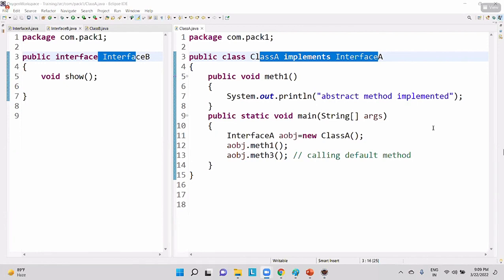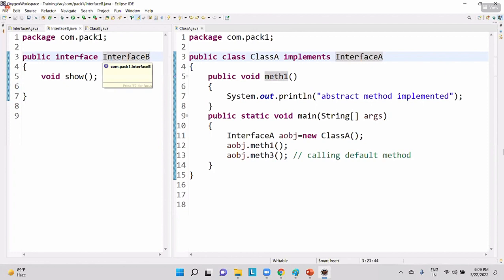Exactly. That is the extends keyword, right, Manoj? How can we use the extends keyword here? This is an interface, buddy. This is an interface. We use the implements keyword only, but simply we'll be using a comma,